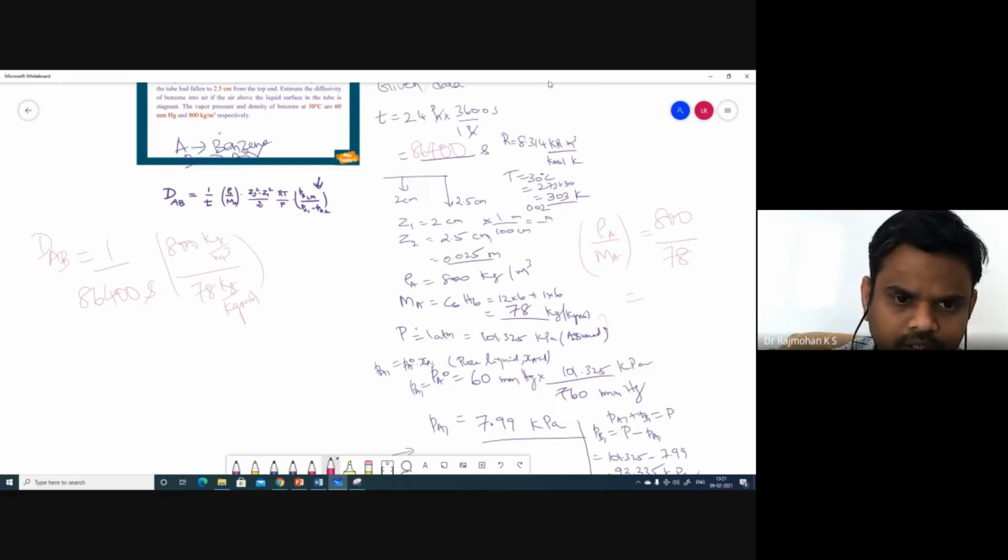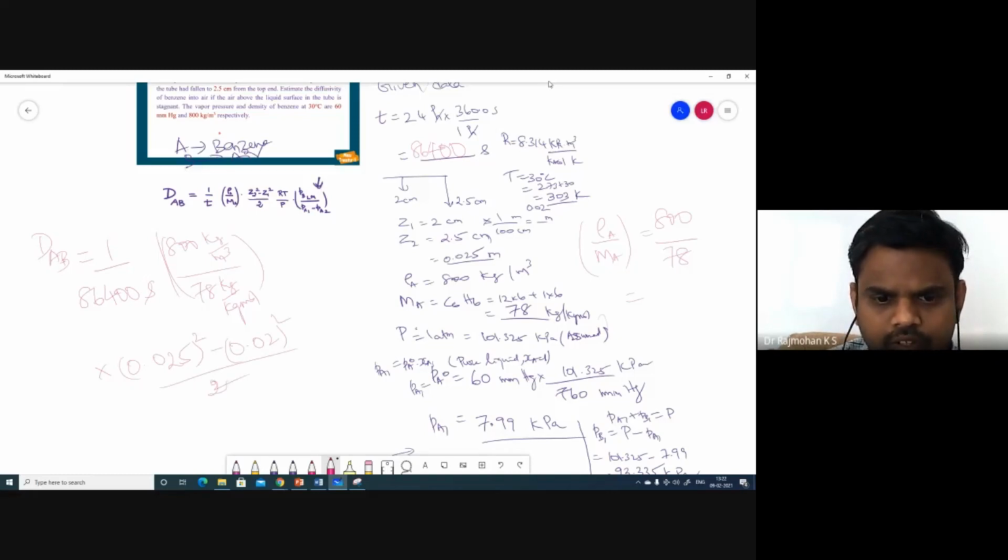Okay, so this bracket multiplied by Z2 square minus Z1 square, that is 0.025 square minus 0.02 square by 2, okay, into